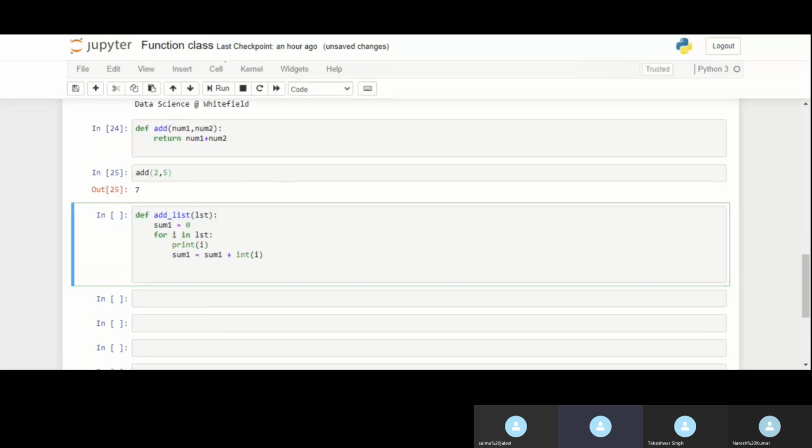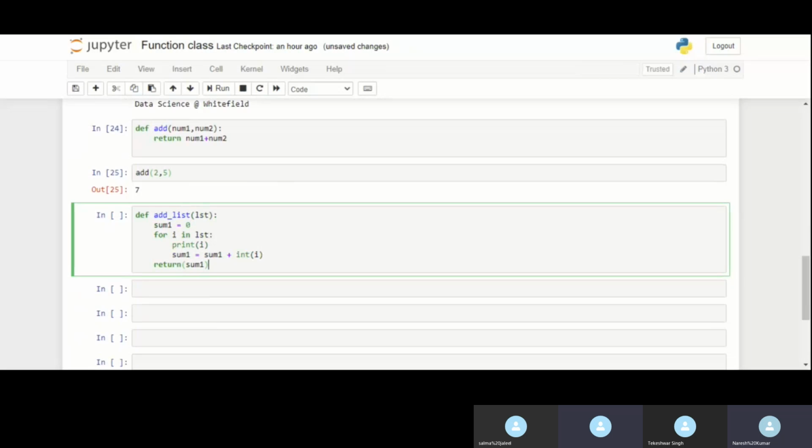And then return me the sum. So now my function is defined, right?